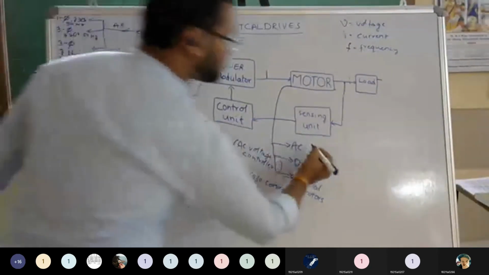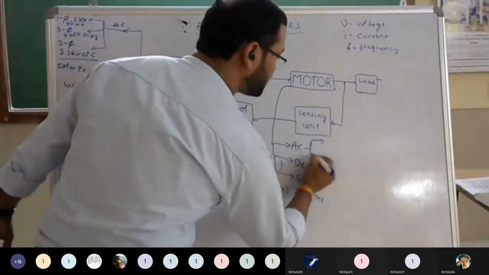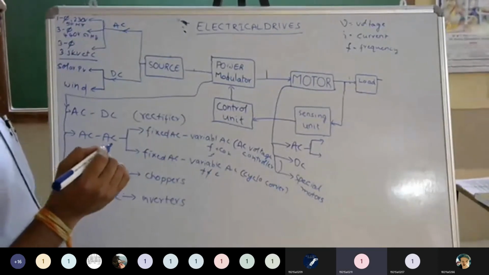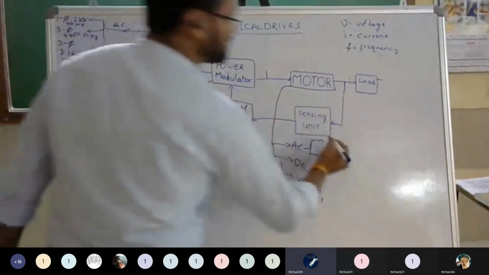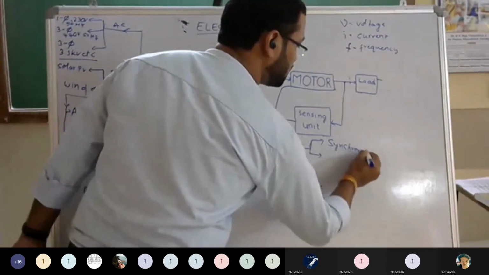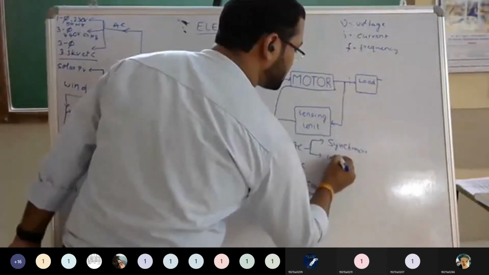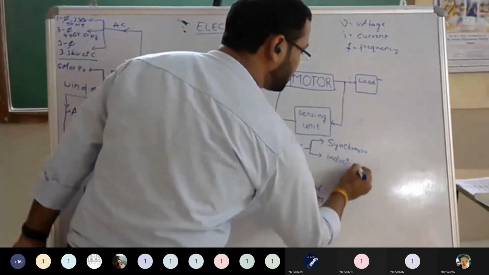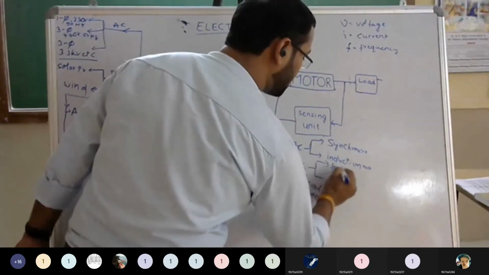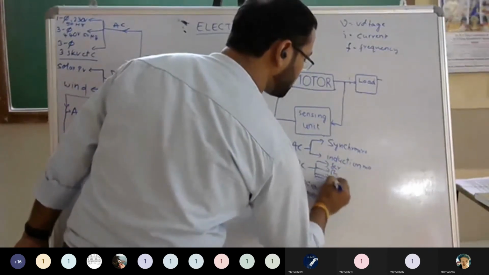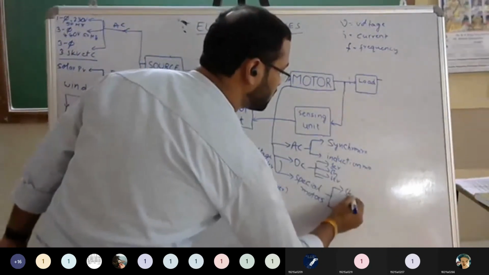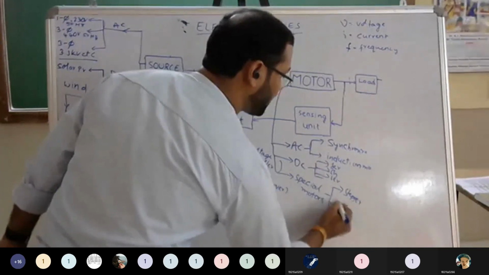Okay. So how many types do we have in AC motors? Two. Synchronous and asynchronous. Synchronous means constant speed motors. Those are the synchronous motors. And the second one is induction motors, which are the variable speed motors. And DC motors, like she said, are series motors, shunt motors and separately excited motors. So many things. In special motors, we will consider stepper motors, BLDC motors and permanent magnet DC motors.